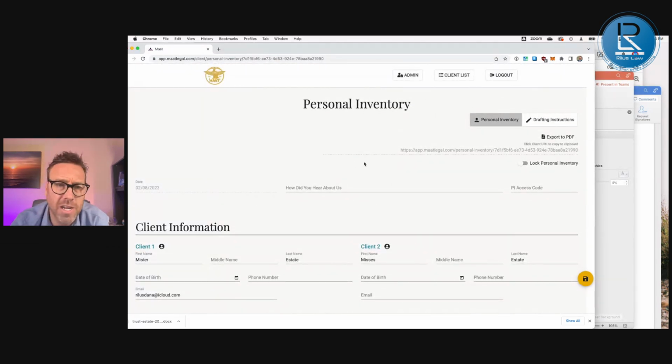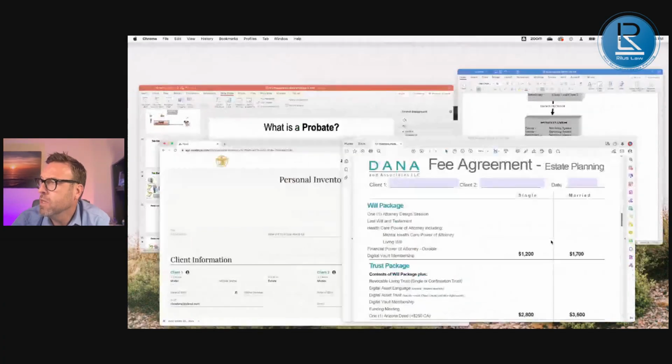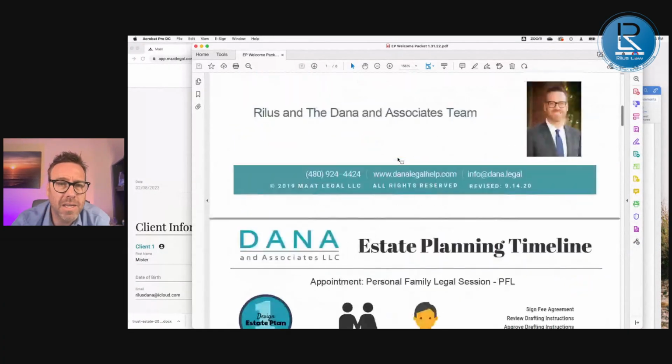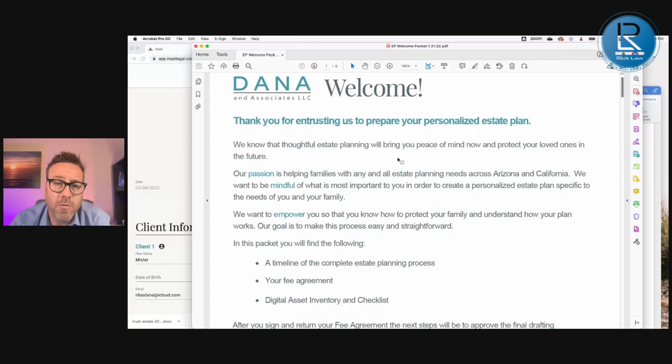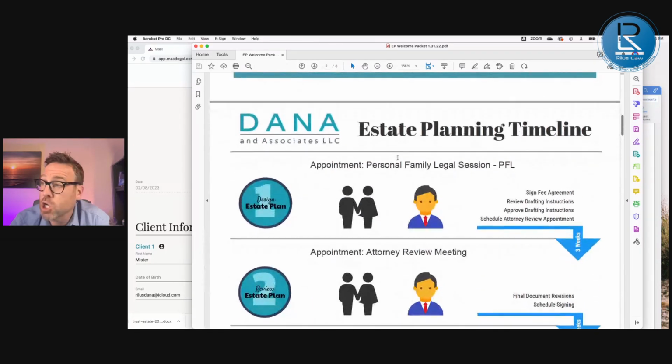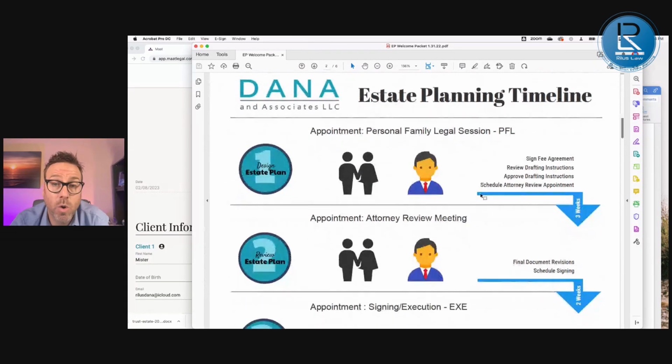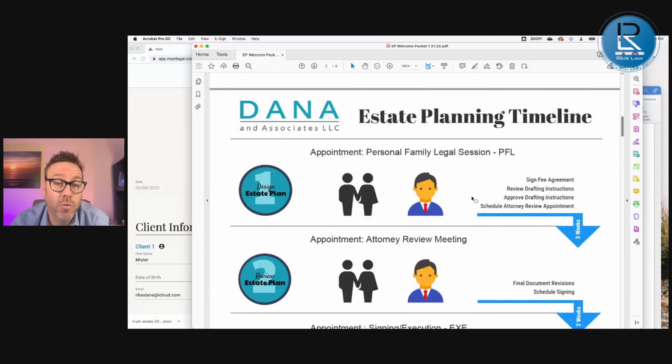Oh, well, before we go into here, we'll need to quote a fee. So what we call the welcome packet is a part of the visuals. I'm in the process of updating this, but before I show them the fee agreement, I like to first show a timeline of the process and how it works. So I describe that if they're ready to get started, I'll collect a deposit of half and start designing the plan. And then they get a chance to review the instructions and approve the instructions,